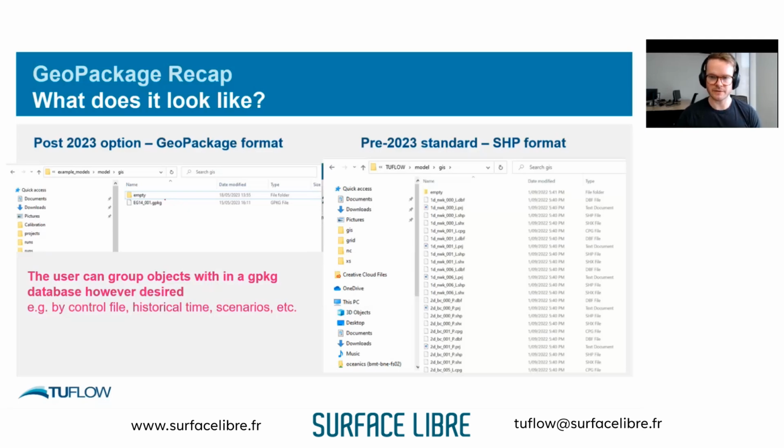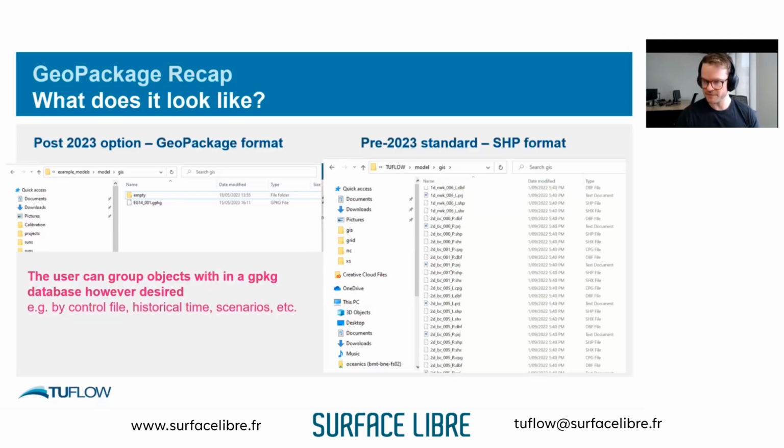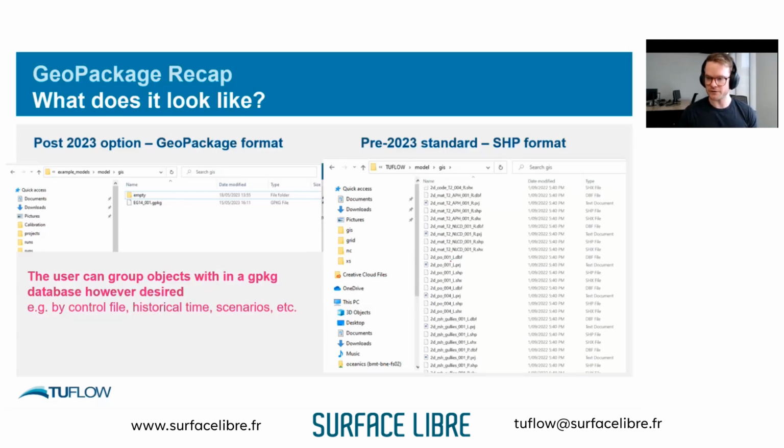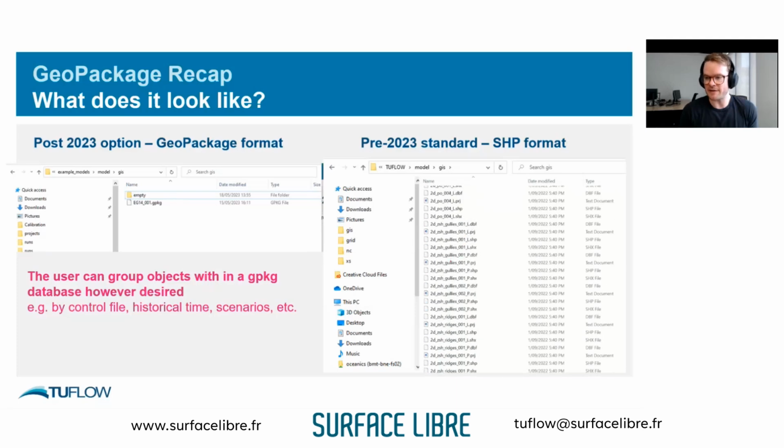So the equivalent of this, which is what your TUFLOW GIS folder might look like currently, is made up of your GIS layers, which are all shapefiles here, which can get quite messy. This is a very clean representation. Only the modeling layers that are actually being used in the model are shown here. But you can imagine, or you might experience this yourself many times, this folder getting very, very messy or very, very big, hard to find anything, because you have a bunch of files and superseded files that aren't even used in the model anymore.